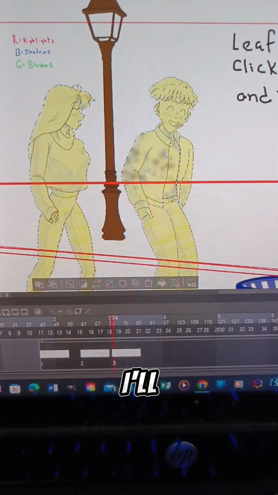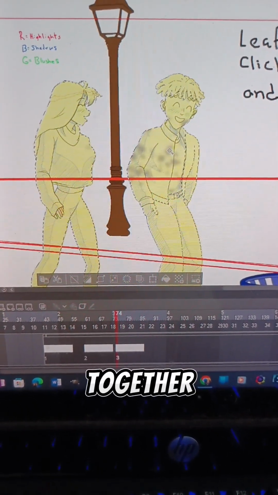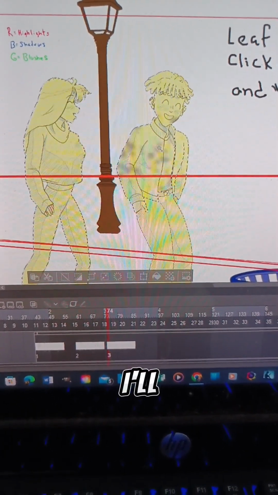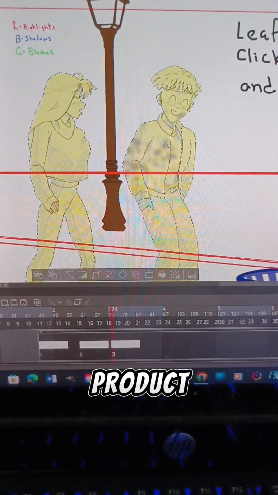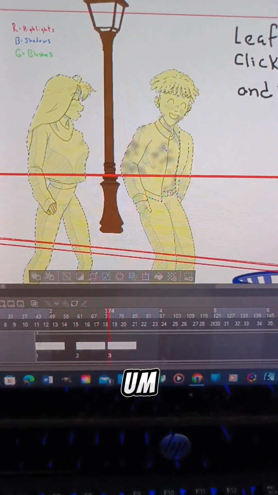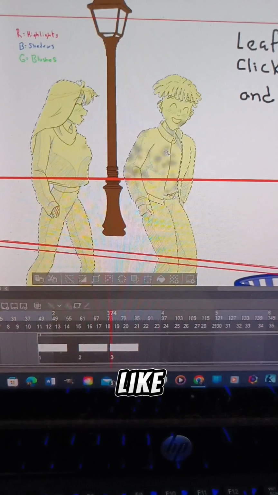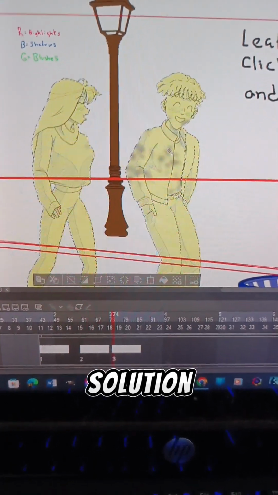So what I'll do is when this is all together, I'll upload the finished product so you can see what it looks like. But simple solution